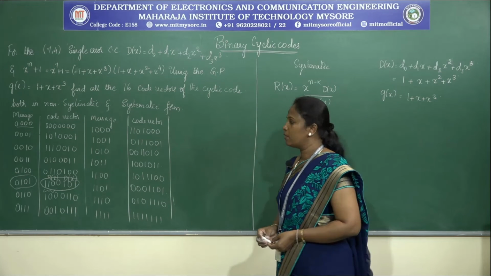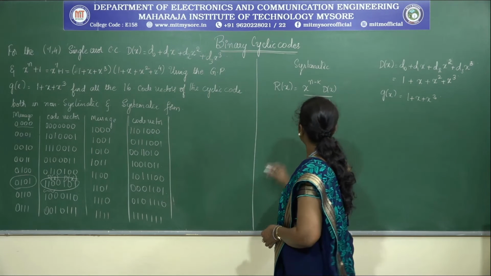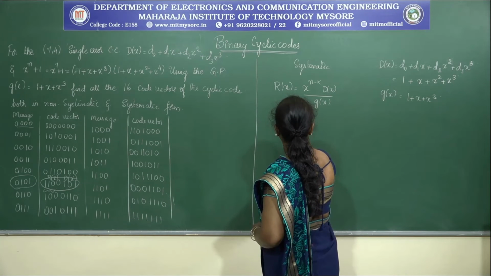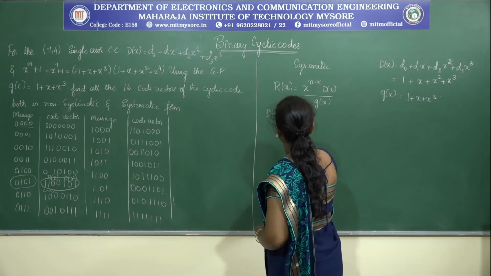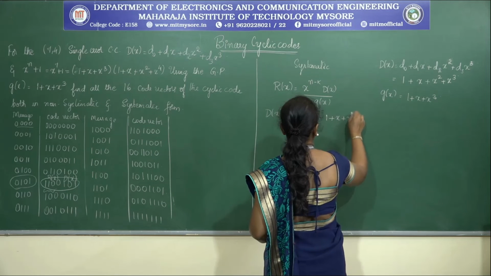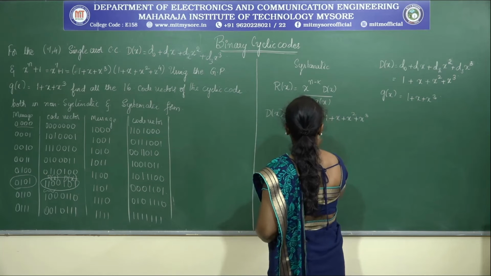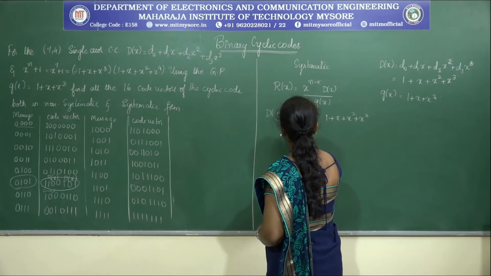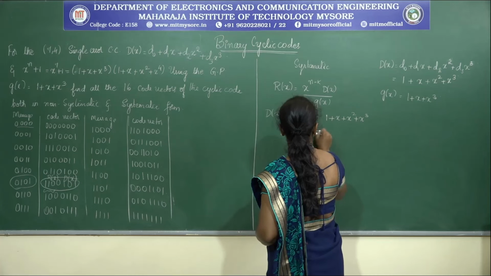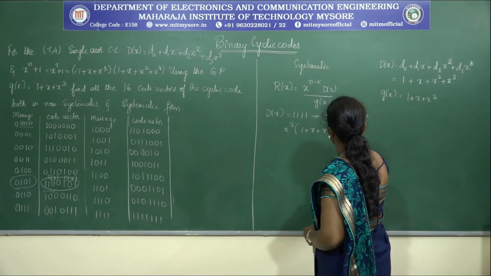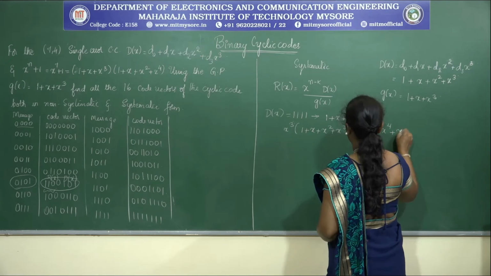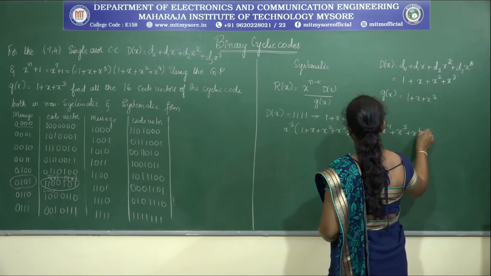So let us solve one more message vector. So let us consider the last message vector, that is 1 1 1 1. So your d of x here is considered as 4 ones. So it is 1 plus x square plus x to the power of 3. So it is x power n minus k, x power 3, multiplied by 1 plus x square plus x to the power of 3. So you will be getting x power 3, 4, 5 and 6.